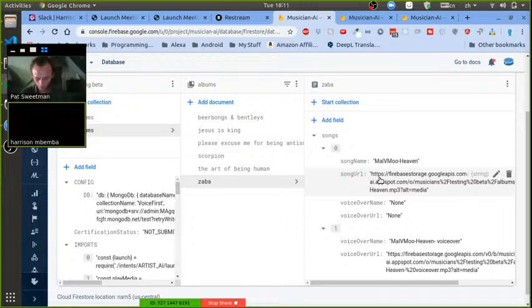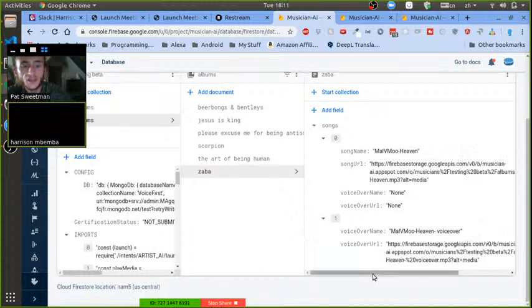So if we do song first followed by voiceover, it creates two tracks instead of one. And so are you good to work on and fix this, or do you think that this is a bug that only exists on my version and not on your version? No, I'm good to work on this.